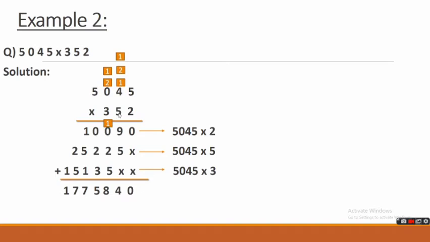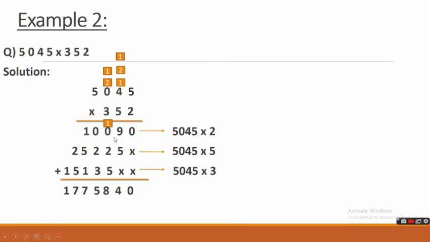Now it's 5's turn. 5 5s are 25. 5 will come in the tens column and 2 will be carried above 4. Then 5 4s are 20. 20 plus 2 becomes 22. 2 will go down and 2 will carry above 0. Then 5 zeros are 0. 0 plus 2 becomes 2. So we will write 2 here down and then the last one is 5 5s are 25.